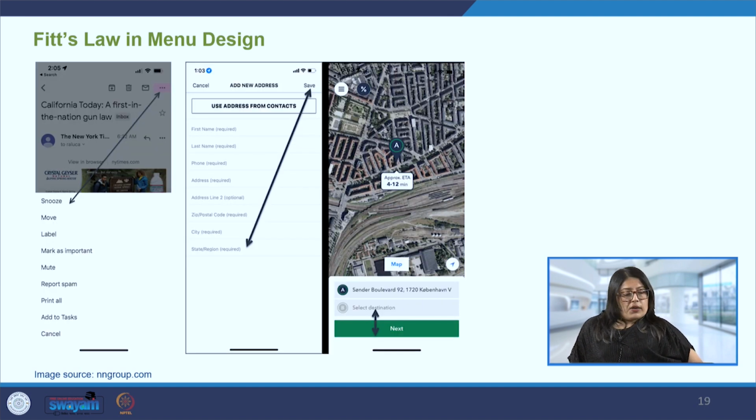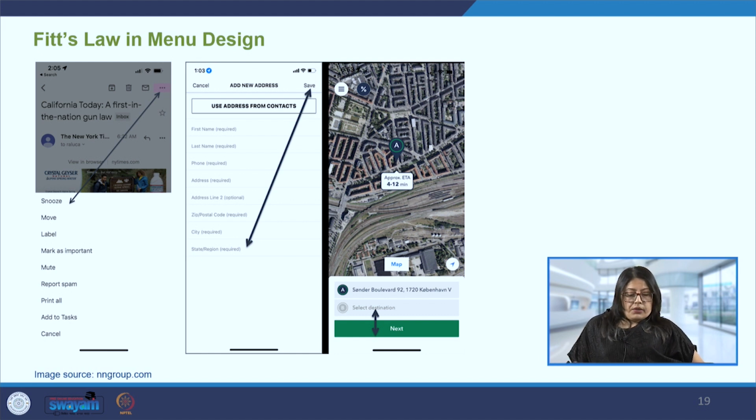So here are a few more examples. Now in the mobile contextual menu, menu options should appear close to the label to avoid wasted movement time. We can see in the example on the left side, where those three dots are, once we click on them, the information is really far away from where we clicked on the more option icon. So placing the related targets closer makes it a more efficient system.